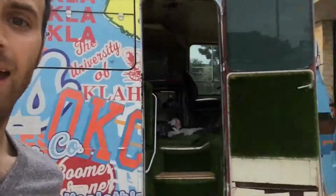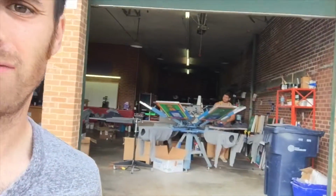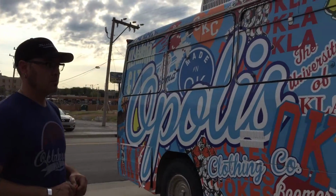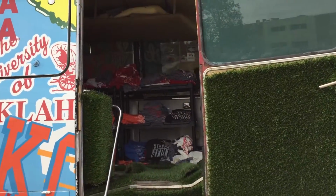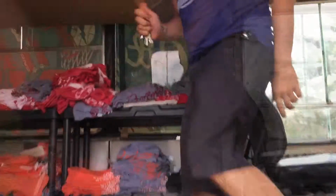And so they do this shop here. You can see in the background here, rocking all the stuff, and then they take their vision out on the street. Kyle's gonna kind of let us peek inside the van and see how they operate. Kind of a mess in here. We just set up last weekend for Industry Flea weekend,